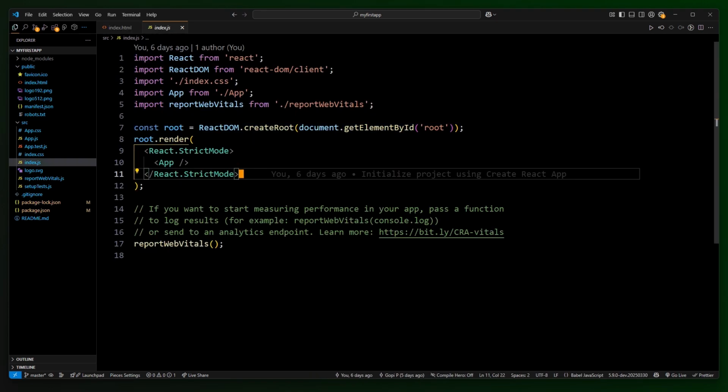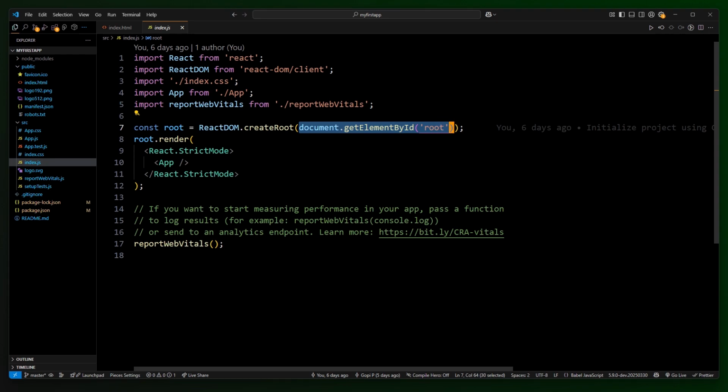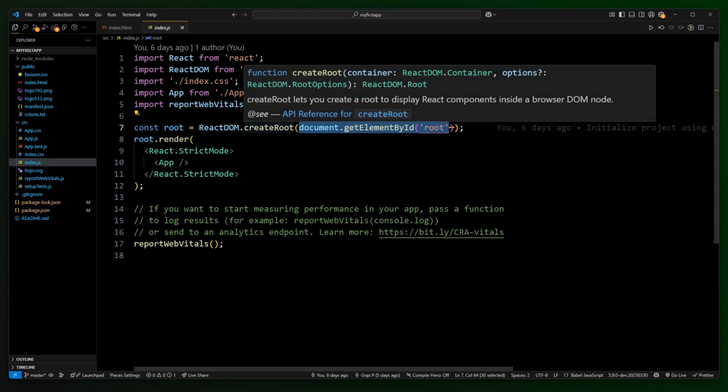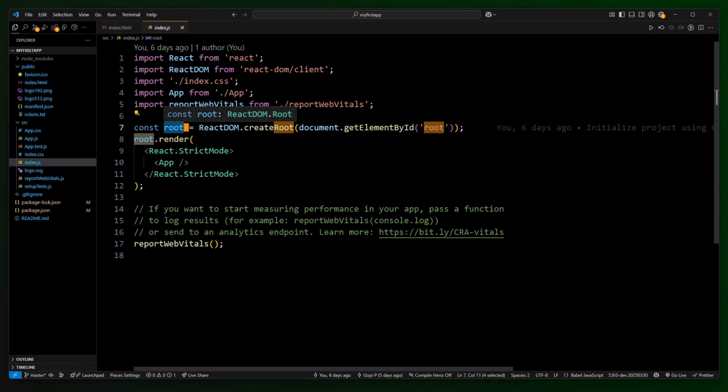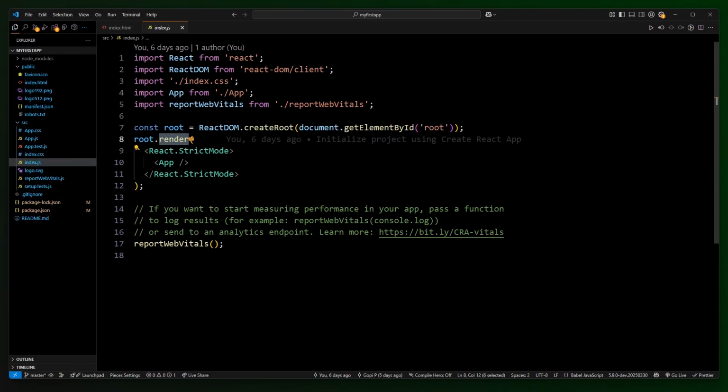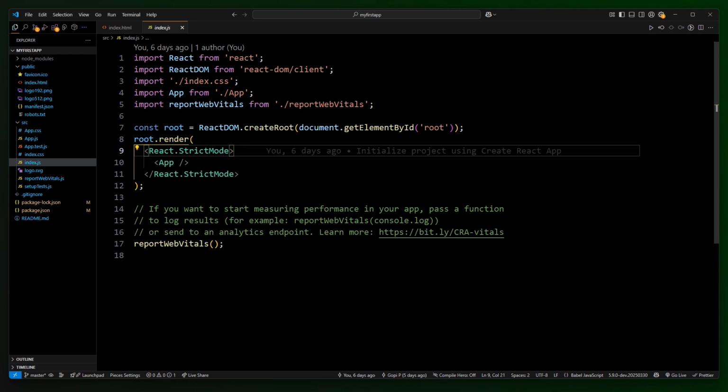Once I query that, I will get the div element. I'm passing that div element to the createRoot method, which will consider that as a root element, and underneath that root element, all the components, whatever we are writing, everything actually goes inside that browser DOM node. That's what is stored in the root variable. Within this root variable, I have access to the render method, where I am trying to render the website content. What am I rendering? I'm rendering